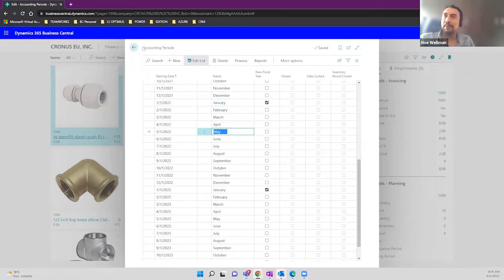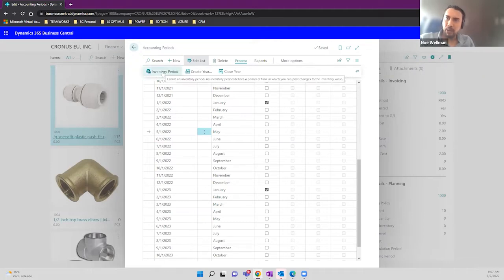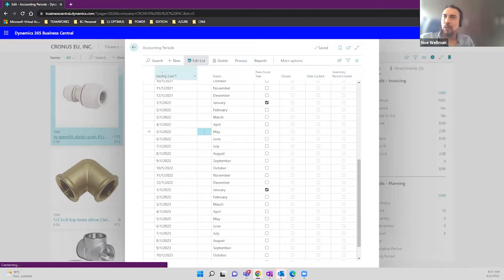And for that to happen, please go to accounting periods. In the accounting periods, with permissions, this is mainly for controllers and accountants who can see this information. Just notify them that you saw this webinar and they just need to go to the inventory period. Okay, in the inventory period that I'm showing here,